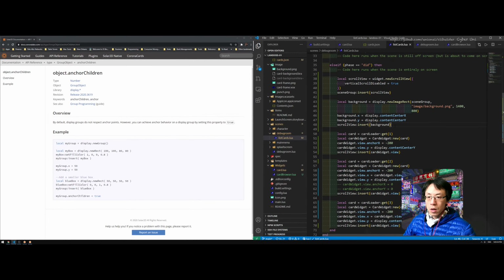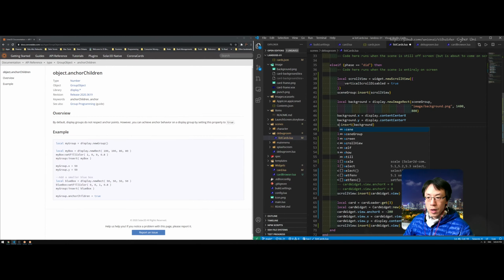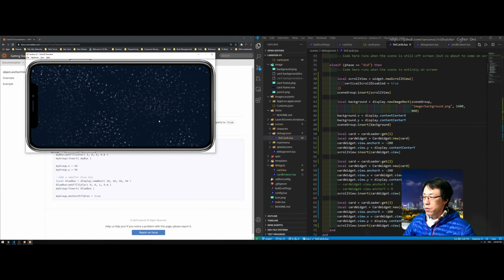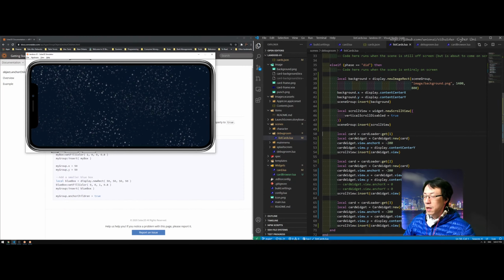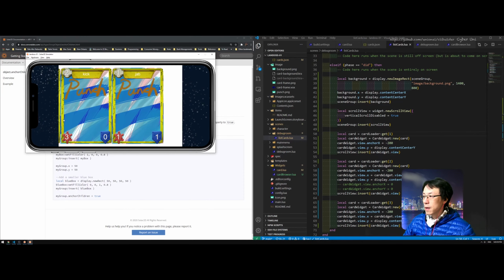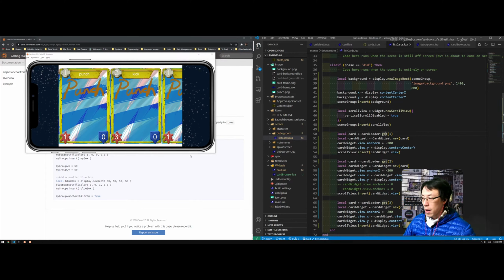So now the background, I want to add it to this scene instead of the row. And then the